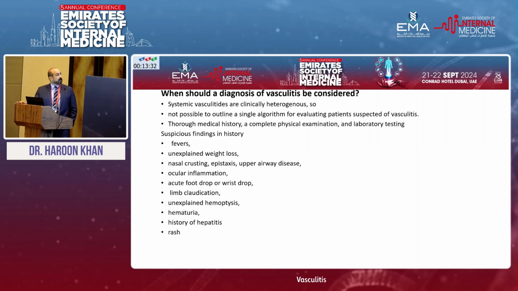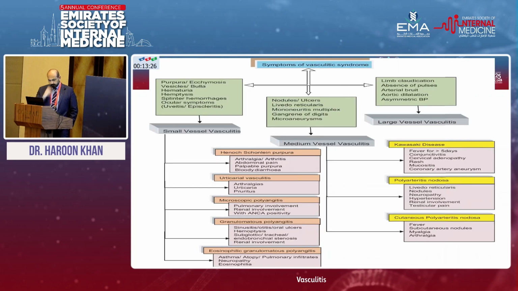Hematuria, history of hepatitis, both B and C, and obviously rash, different kinds of them. So this is a busy slide, but I thought this would be a good one to show because it can tell us a lot about the different types of vasculitis, what sort of symptoms we should expect, and then the different diagnoses. Again, based on the large vessel, medium vessel vasculitis, and small vessel vasculitis, we can see that